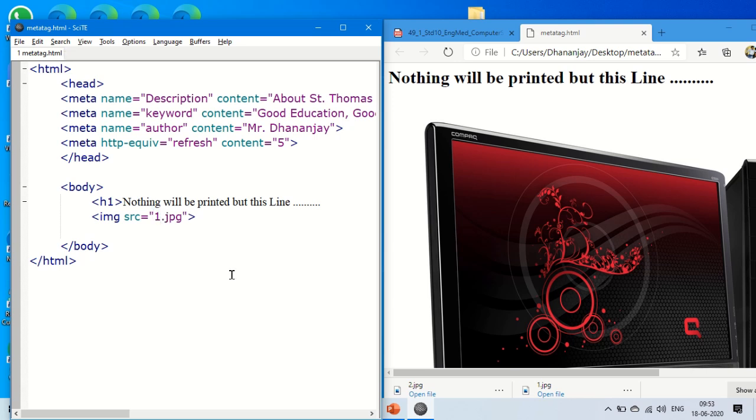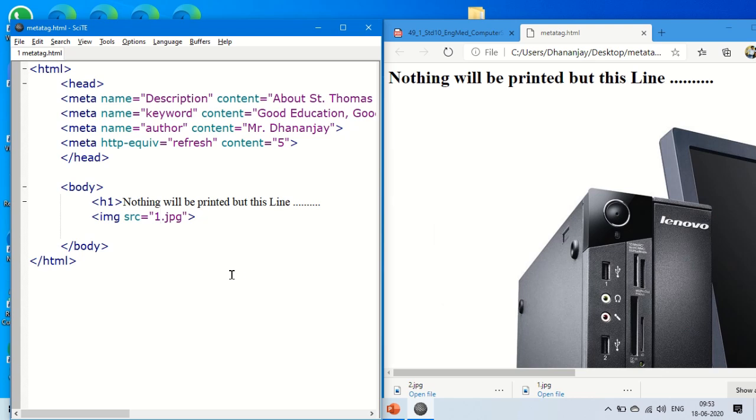You can see after 5 seconds the image will be changed. Why? Because this code is working: meta http-equiv is equal to refresh, content is equal to 5. If I give 10 here, it will be refreshed after 10 seconds. After each 10 seconds, this page will be refreshed.